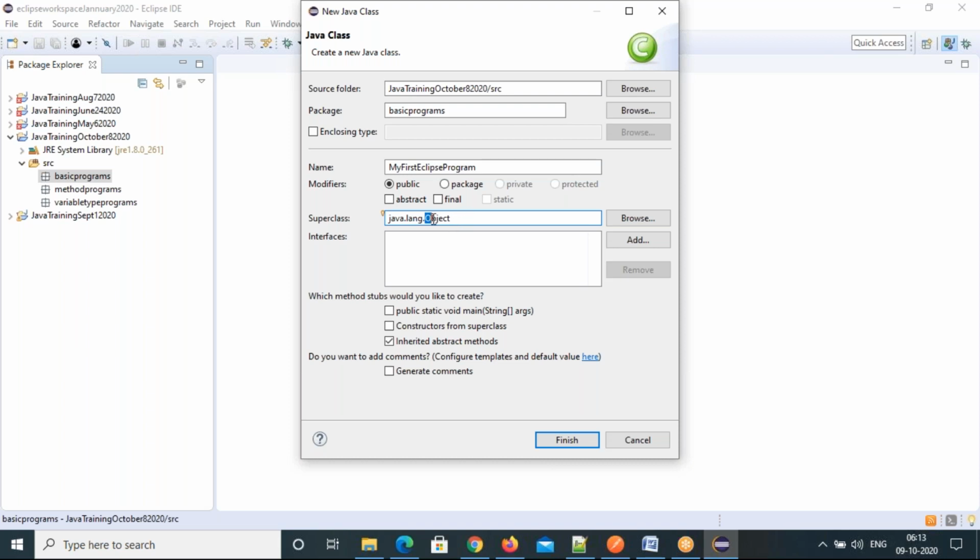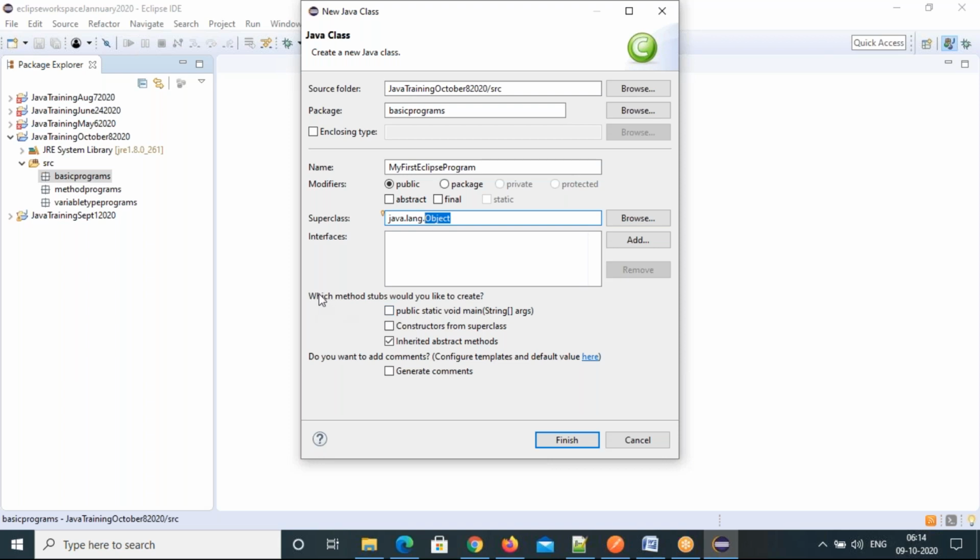That's why the O is capital. Every class follows the naming conventions of a class, so they kept O capital and the remaining letters in lowercase. This is a predefined class created by Java. Object is the superclass for all Java classes. Whatever class you are creating is the child class, and Object is the parent of that. What is the advantage? I'll tell you all this. The inheritance concept will apply there.